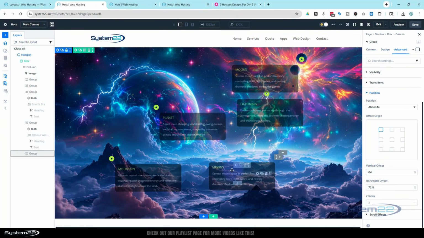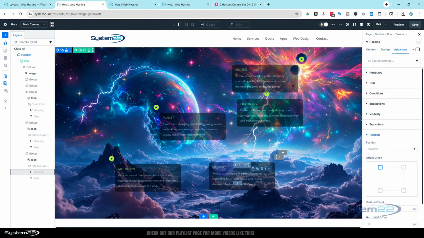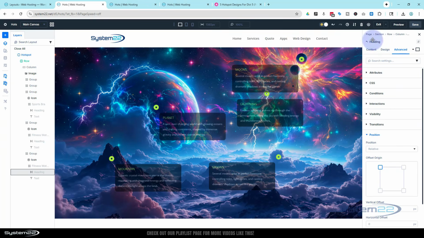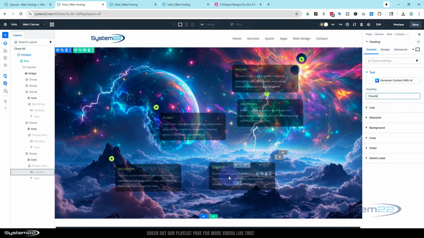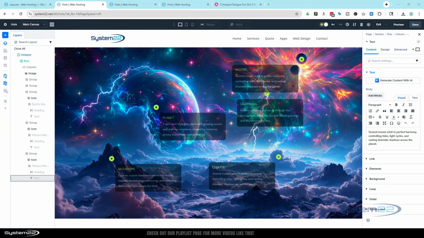And of course, to edit, it's not a moon, it's a cloud. Just want to go in there. You can see we're on the heading module. Text. Clouds. Whatever you want to put in yours, obviously. Now we just need to put in the correct content. Here's a little bit of content about clouds. Perfect. Once again, when you're happy, we'll resave